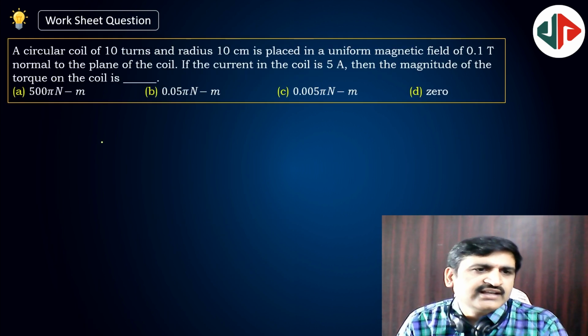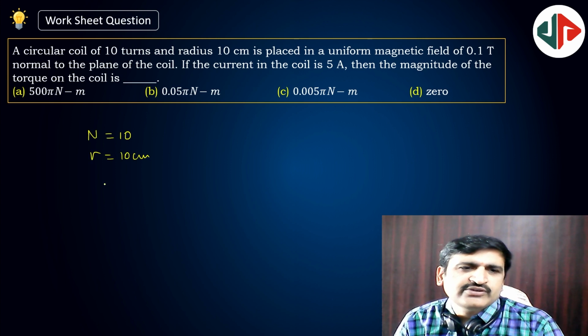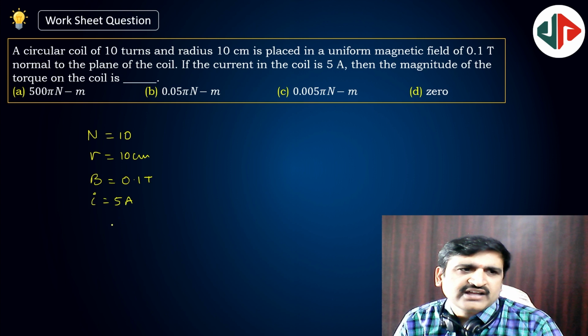A circular coil has 10 turns, N is equal to 10 turns. Radius R is equal to 10 centimeter. It is placed in a uniform magnetic field, B is equal to 0.1 Tesla, normal to the plane of the coil. If the current in the coil is 5 amperes, the magnitude of the torque on the coil is, torque tau is equal to, okay, torque